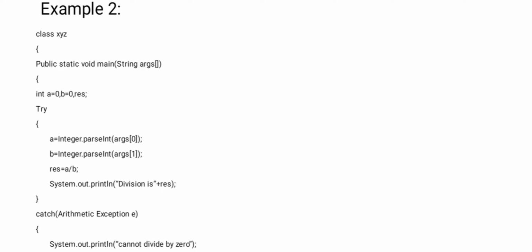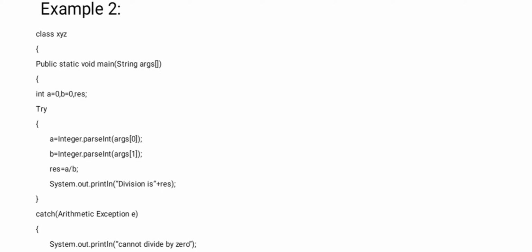In that class I have written a main method and declared variables int a is equal to 0, b is equal to 0, and res, that is, a, b and res are variables of type integer.